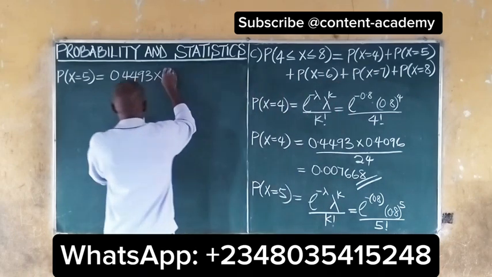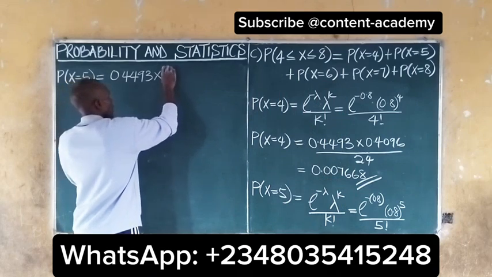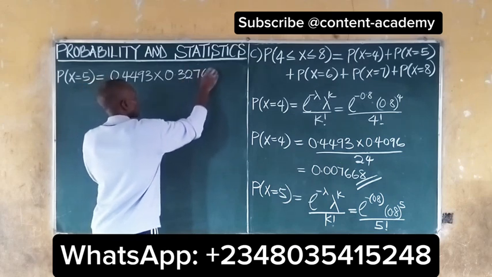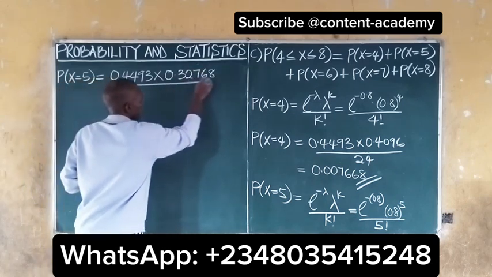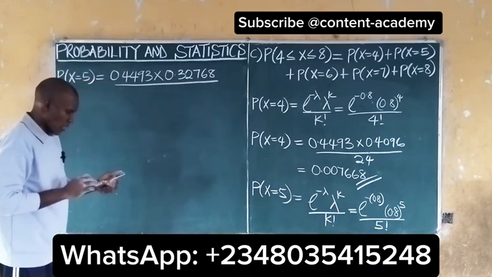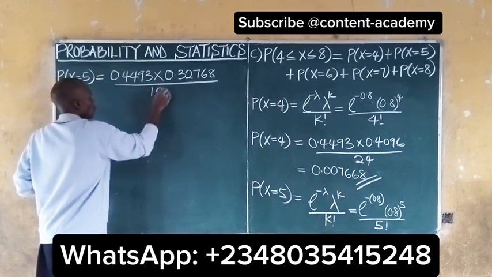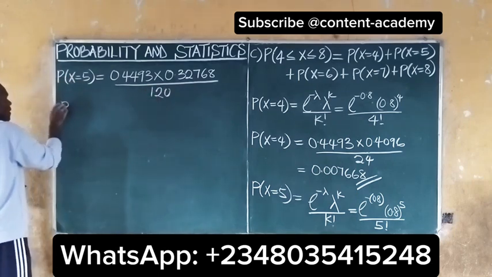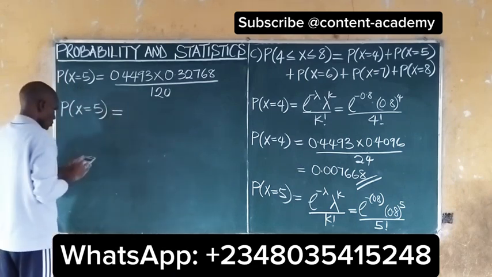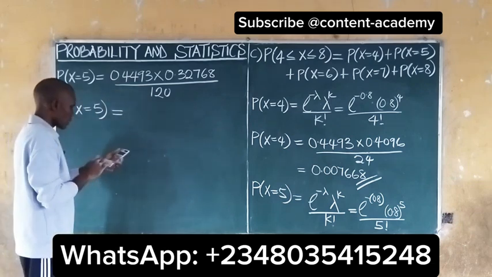So we have here to be 0.32768 divided by 5 factorial. What is 5 factorial? 5 factorial will give us 120. So our P(x = 5) will be equal to, now we do this arithmetically to give us